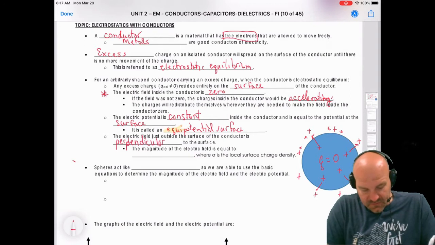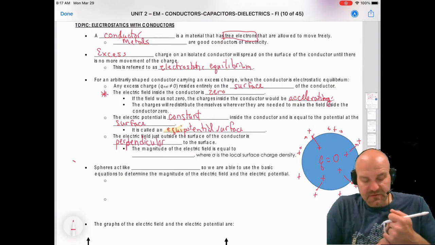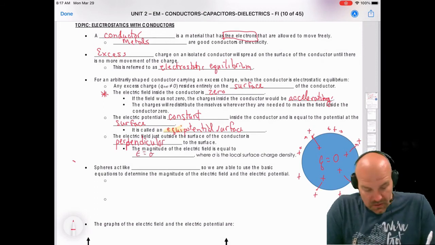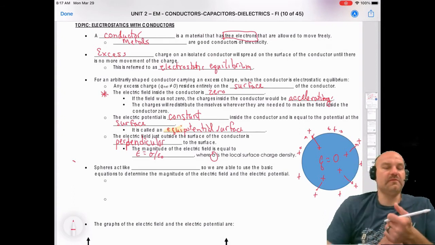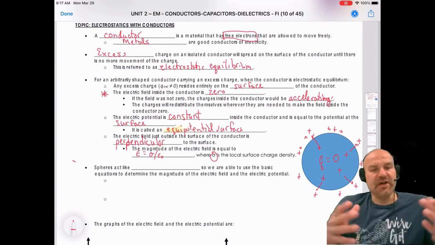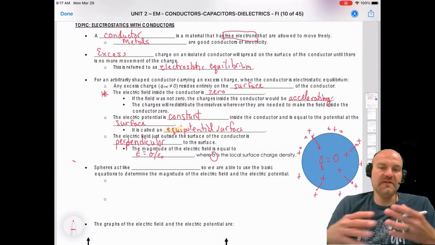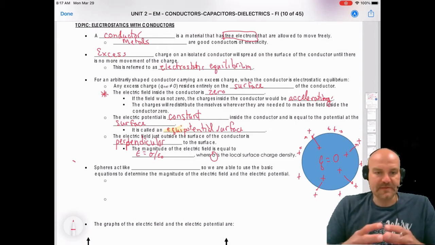Perpendicular, right? This is also another word that I always have to make sure I spell right. Now, the magnitude of the electric field is going to be equal to E equals sigma over epsilon naught, right? And we've talked about that sigma before when we were talking about electrostatics in unit one. And that's just in general, right? So whatever the E field is going to be, it's that local surface charge density over epsilon naught,